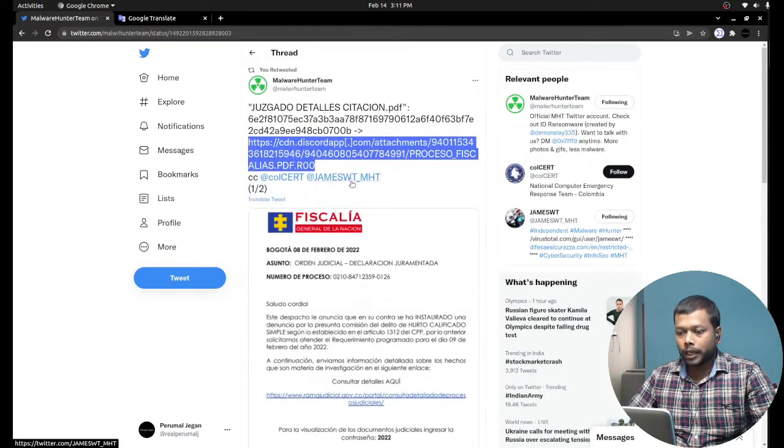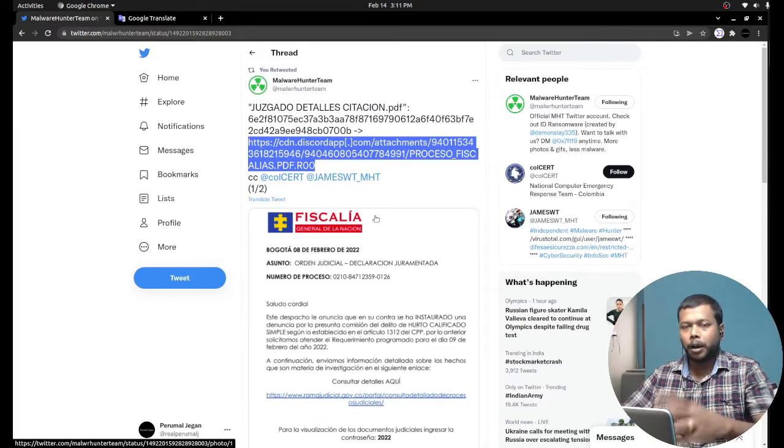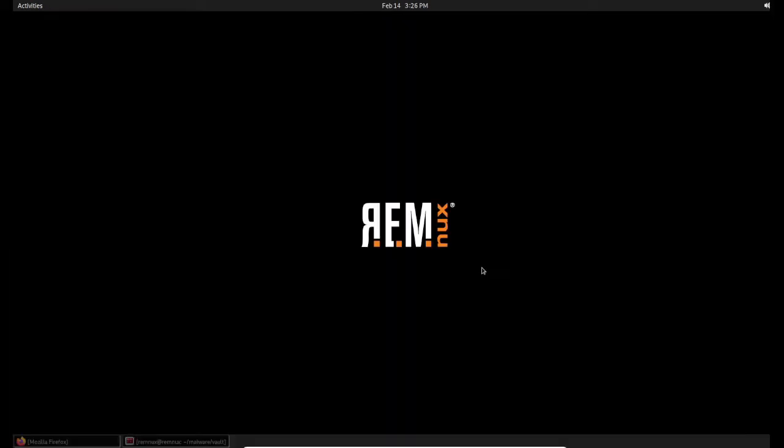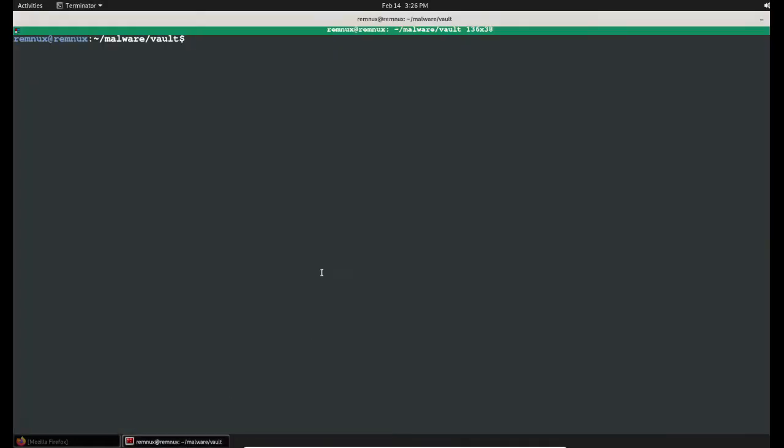So I'm going to showcase how to uncover the sample, what the behavior of the sample is, and how it is hidden. Now I am in a Linux distribution called REMnux, exclusively designed for malware analysis. If you are handling any suspicious or known malicious sample, it is highly recommended to use an isolated VM environment, so REMnux is recommended.